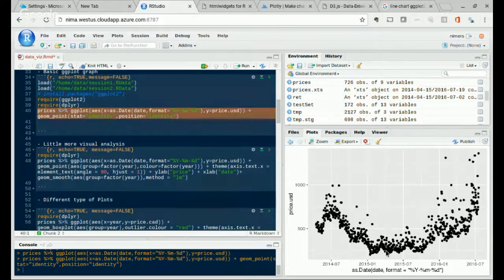I want to classify the data depending on the year, and have them shown in different colors. I want to label my plot a little bit nicer, change the angle of the date field here, and also add a trend line, because